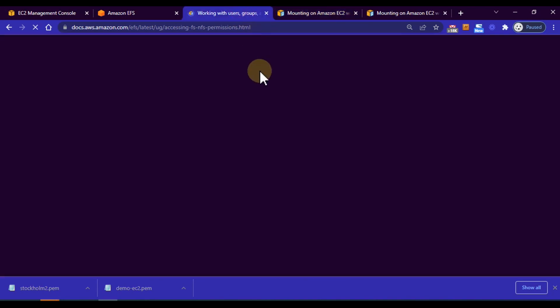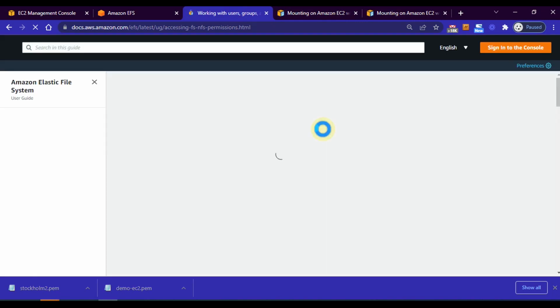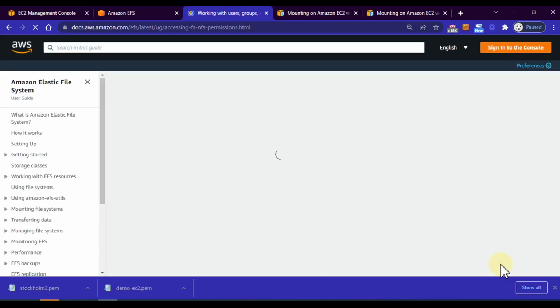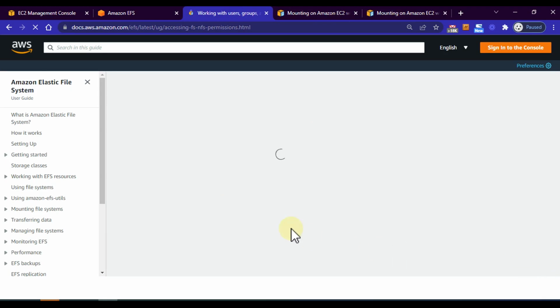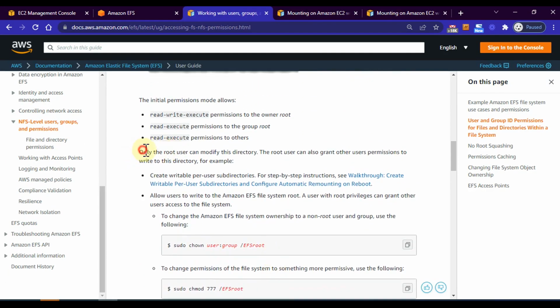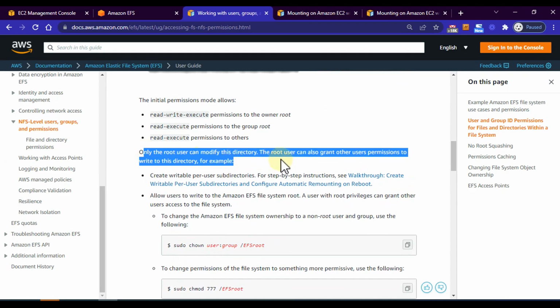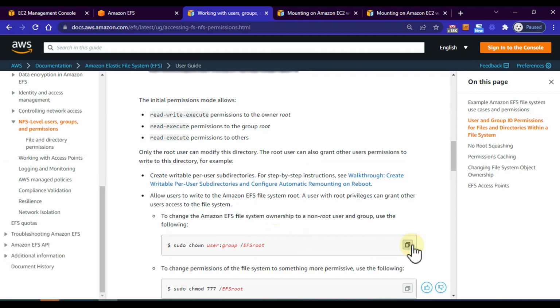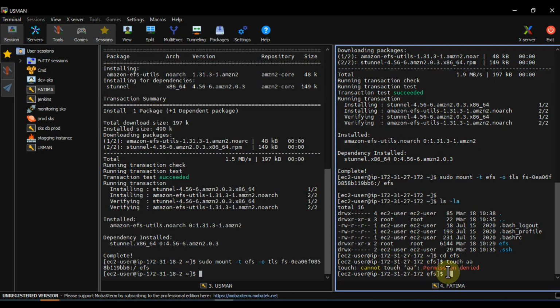On this page of AWS, you can see that only the root user is default. Only the root user can modify this directory. The root user can grant permissions to other users. So suppose we want to allow the EC2 user to work on this, but first I want to tell you